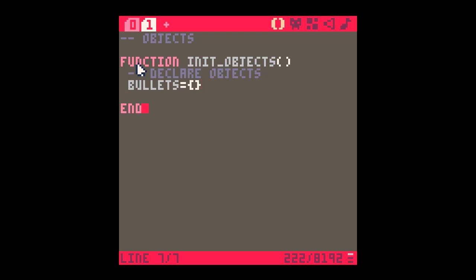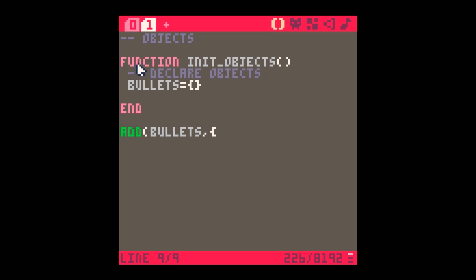Okay, now as you know, if you want to add something to a table, you can add to a particular table like bullets, and then you could add something to it. Okay, so there I've added the number 1 to a table called bullets, and if I did this lots of times I could add all sorts of different things. I could add the word hello to a table called bullets. Okay, but what I'm going to do is I'm going to add a whole stream of things, okay, which means